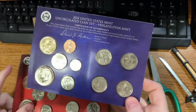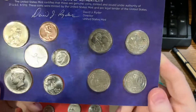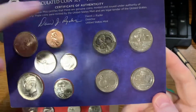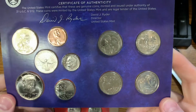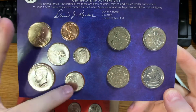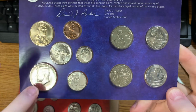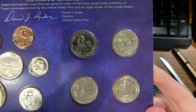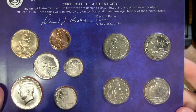Anyway, so this is the 2022 mint set. On this blue card, it has all the coins that were minted in Philadelphia. The dollar, the penny, the dime, nickel. And there's one of the quarters, the half, and then here are the other 4 quarters. And it's the first 5 coins from the